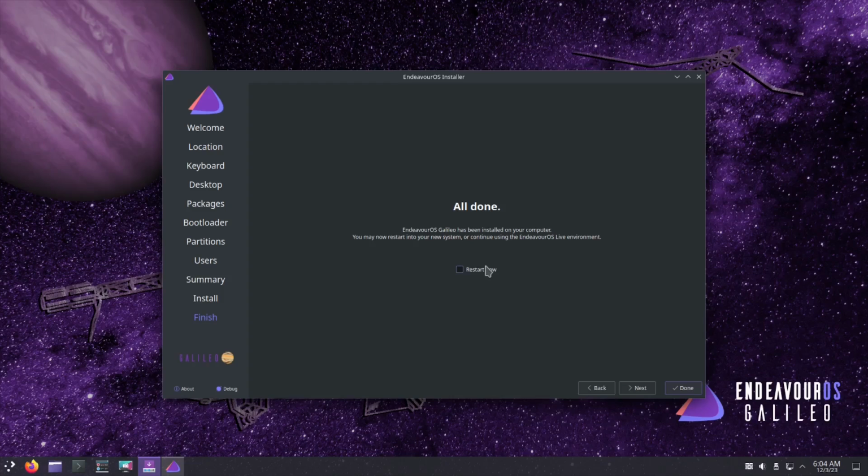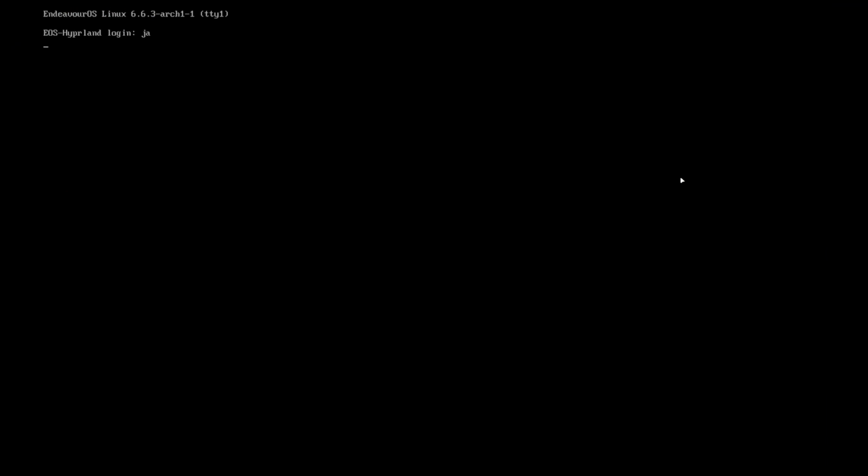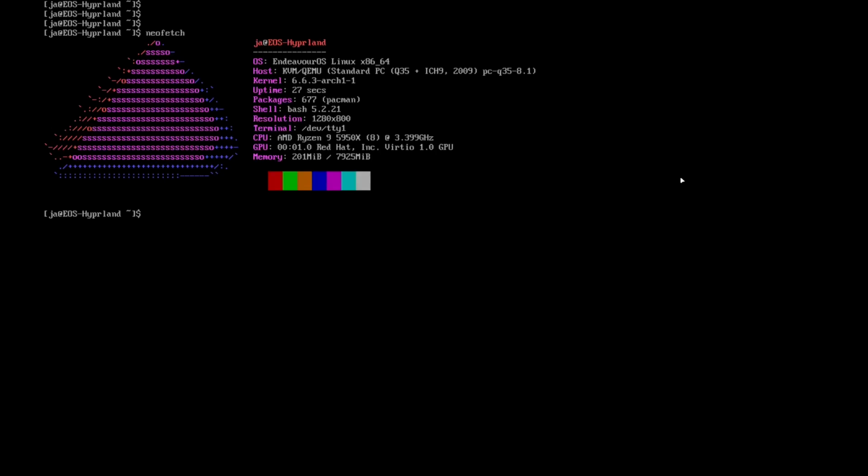Okay, so now it's finished installing, then we're gonna restart. Once you boot it, and of course log in with your details, and then let's just install a Neofetch here quickly. So Neofetch, then it has initially 677 packages already with 200, and it's only using this 201. That's because this is a VM. So anyway, let's see if